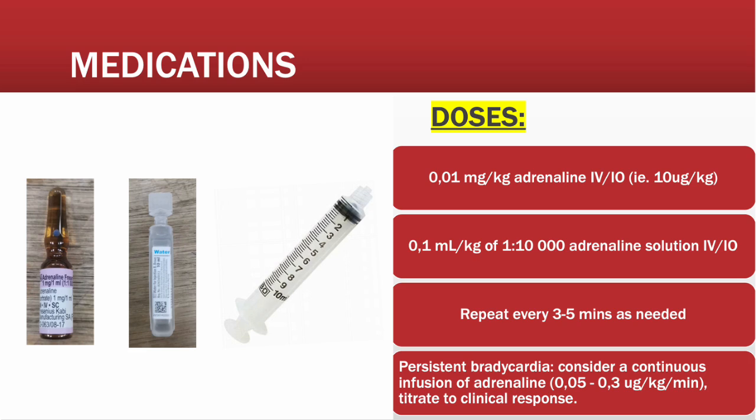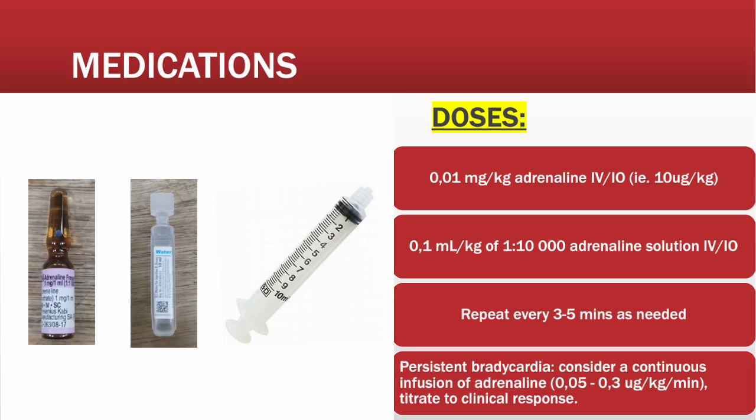So how do we mix this up? You'll take 1 ml of a 1:1,000 amp of adrenaline, and you'll dilute it in 9 ml of water for injection. This gives us a 1 in 10,000 solution of adrenaline. The dose of adrenaline for bradycardia is the same as the adrenaline dose for cardiac arrest, which is 0.01 milligram per kg, the same as 10 micrograms per kg, or 0.1 ml per kg of a